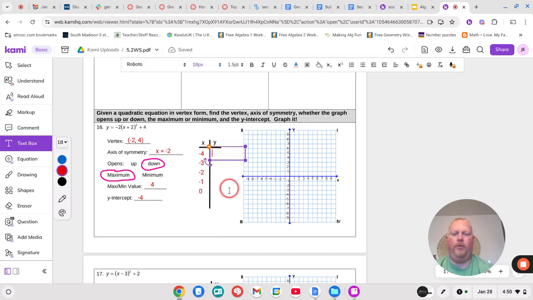And now I have to go through the tedious task of plugging numbers in. So if I plug in -4, well, if you recall, they're symmetrical. Okay, your first value is going to match your last value, and then the next values, and then you'll have your vertex. So rather than plug in -4, I'm going to plug in 0 because we've already done that. We've already plugged in 0 when we found the y-intercept. So that means